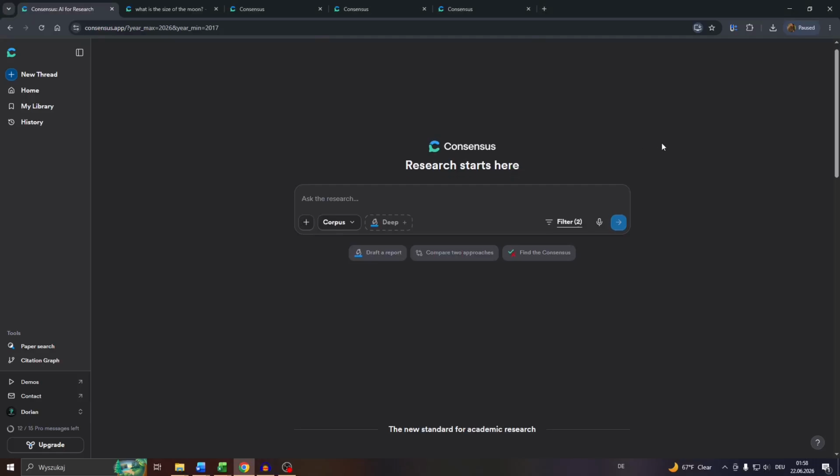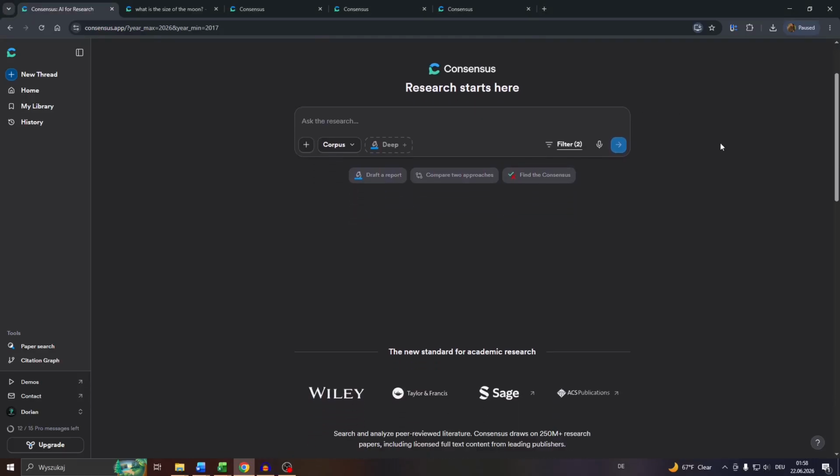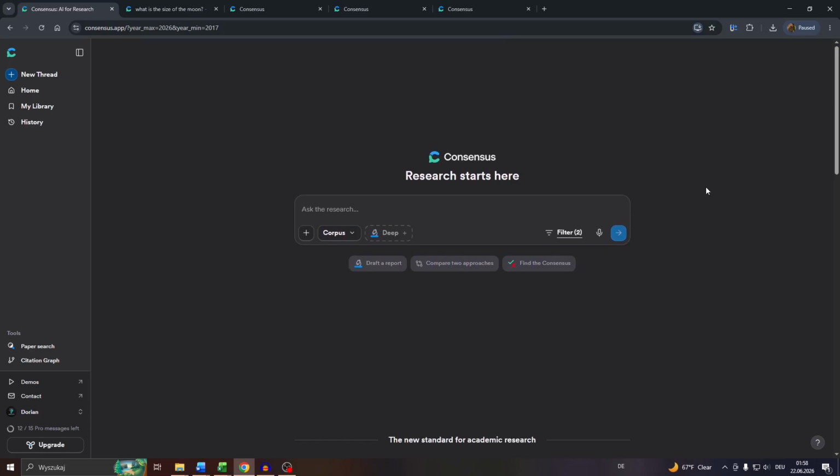Hello guys, in this tutorial you will learn how you can filter your search results and research papers and studies on Consensus AI by country. So let us guide you through this. Head over to your application, to your account, on Consensus AI, log into it, and let's say you start a